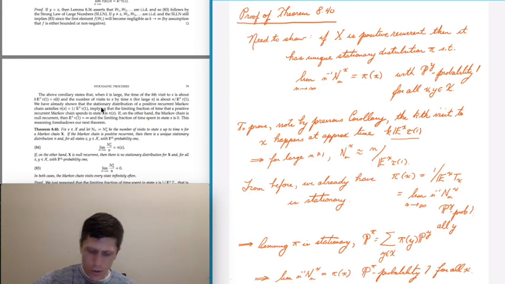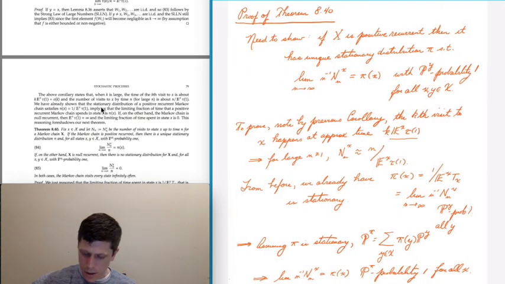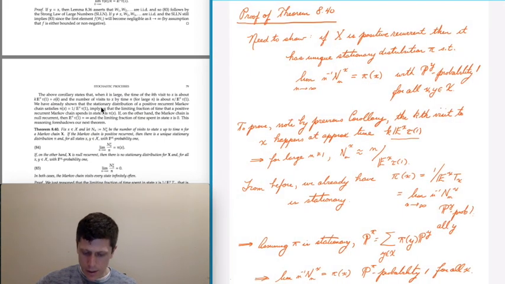Okay. So what we need to show finally is uniqueness. So uniqueness, we know that there's a stationary distribution with this property, but we need to have uniqueness. Okay. So finally, first of all, theorem here, we have an expectation, we have a limit here, and we want to show that